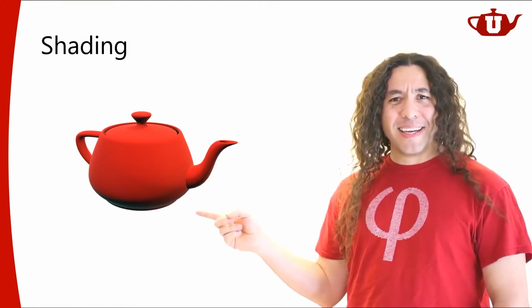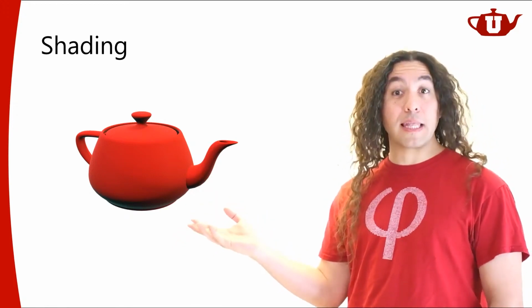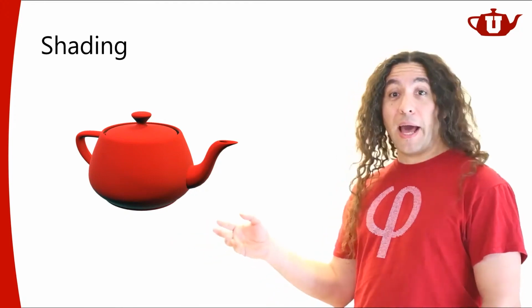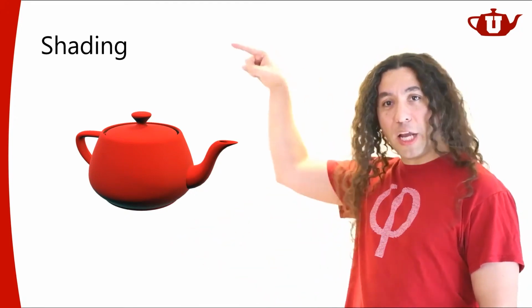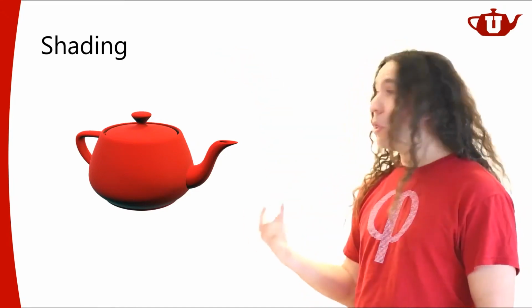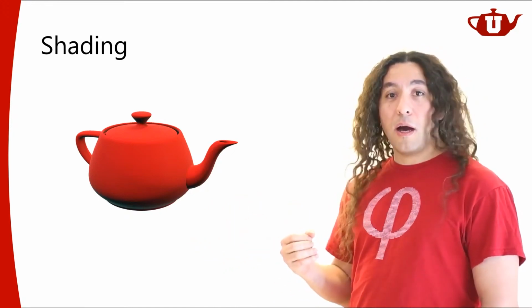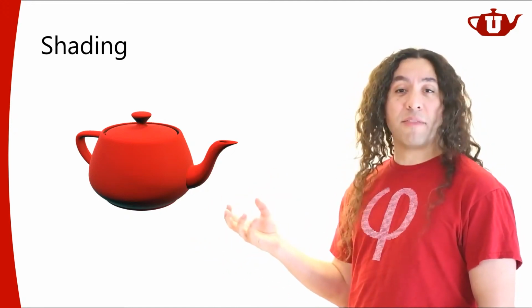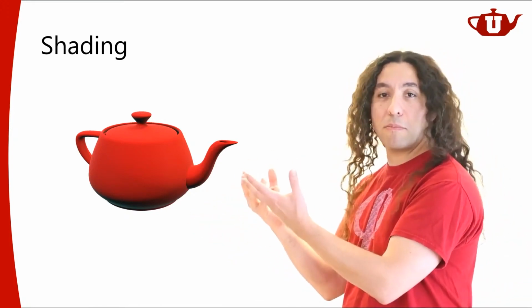So, what's going on here? This whole thing is about light, right? And this whole thing is about lighting. So a lot of the conversations that we're going to have regarding shading is going to be actually about lighting and how to compute light reflectance of surfaces. Because based on that light reflectance, we're going to have some parts of the object that are dark and some parts of the object that are bright.